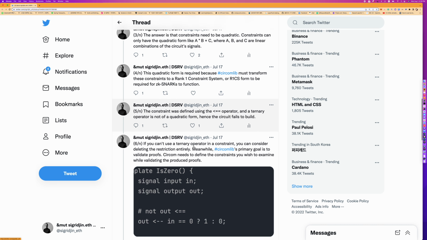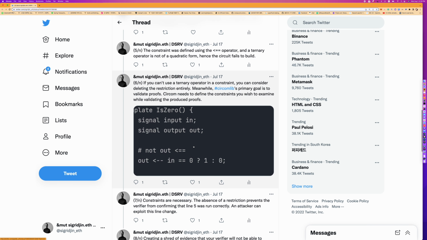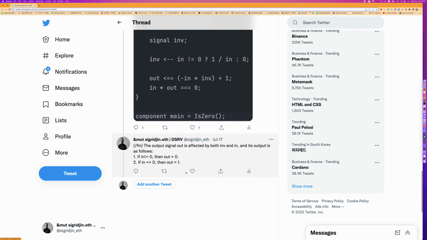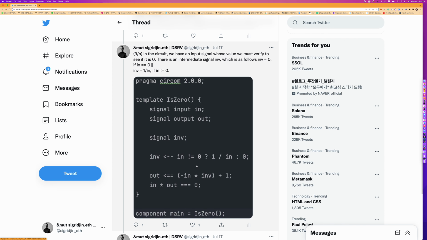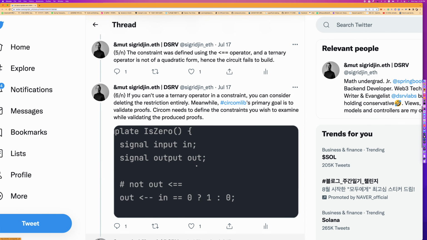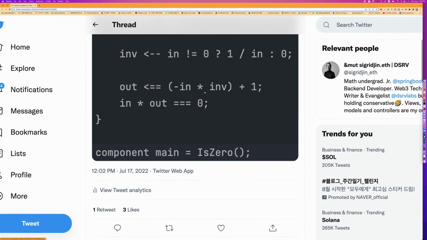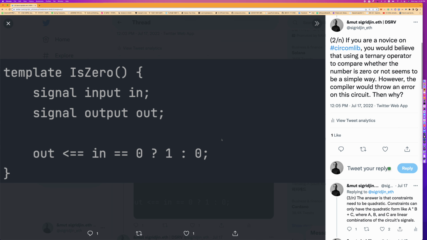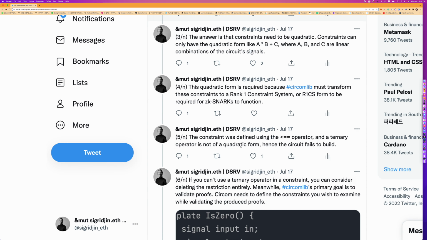So how can you make it? Where is it? Here. Okay. So this was the answer. The wrong thing was here. Okay, I made a kind of mistake. The wrong thing was here. Oh, the input was in. Is there or not? It is not. Yeah, right, in the kind of the quadratic format. But the correct answer